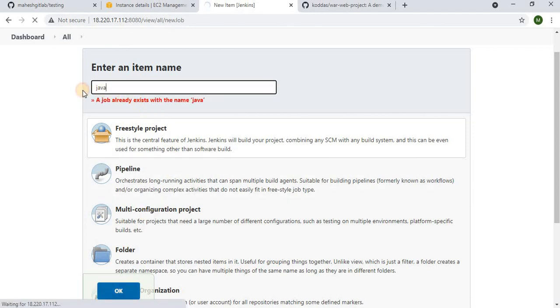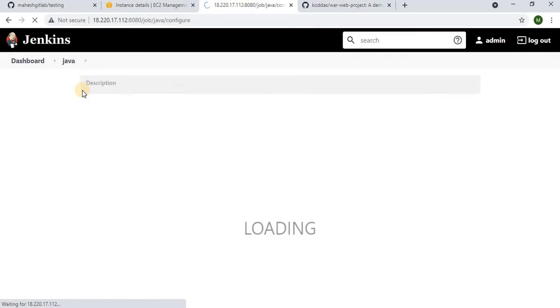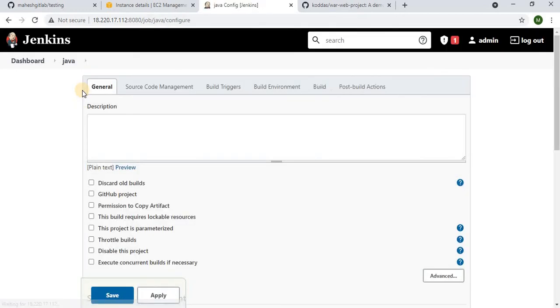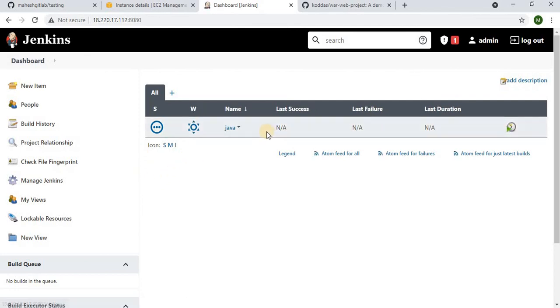Oh, is the job already existing? We have only one job, right? Yes, we have only one job and nothing is executed. So this is the Java job, and once you create any job, you can see a dashboard like this. As of now we have not done anything. We have just created a build, a job, like simply creating an empty folder on Windows. We have not done anything under it. This is simply the name of that build.